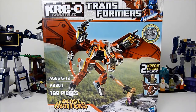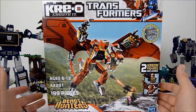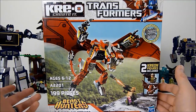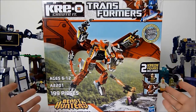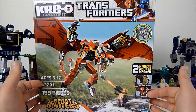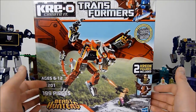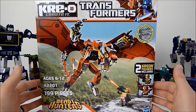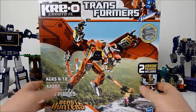Kre-o Transformers Beast Hunters Ripclaw Strike. Now this has 199 pieces, and I paid $16 for it, which is a fantastic price for a 200-piece set. As you can see, you get 2 Kreons, Colonel Daniel Witwicky, and of course Ripclaw, the Predacon. I believe that's the female Predacon from the new Beast Hunters line. So I guess that's supposed to be her,